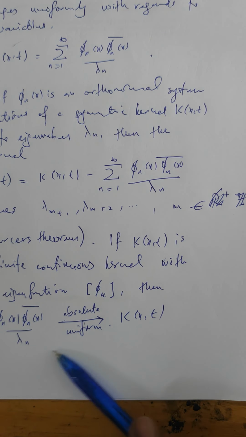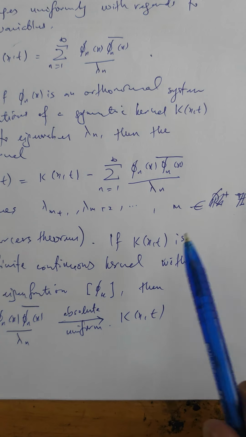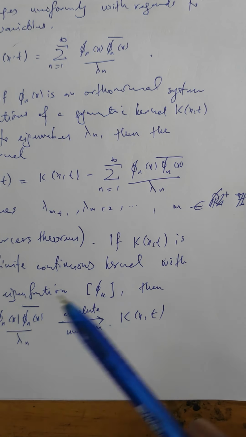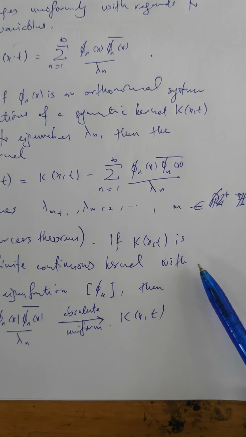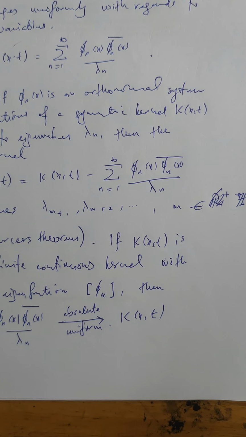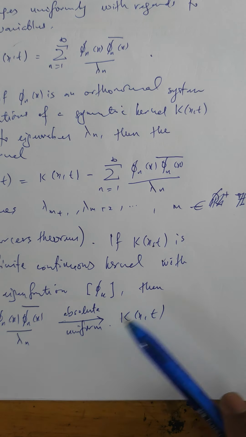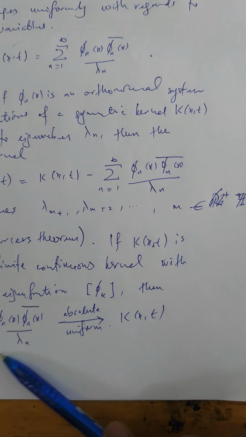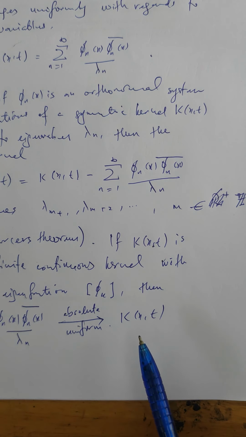So what that means is, if our kernel K is a positive definite continuous kernel with autonomous eigenfunctions, which I've explained earlier and in the previous lecture as well, then the series converges to the kernel K absolutely and uniformly. Okay,